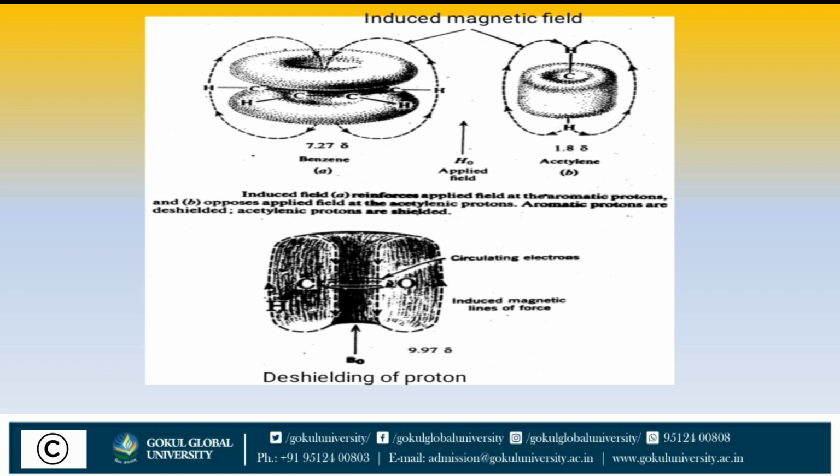Then these protons are shielded. Here we show the induced magnetic field lines of force and the circulation of electrons in the figure. These are the deshielding of protons. Here are the shielded and deshielded protons in the